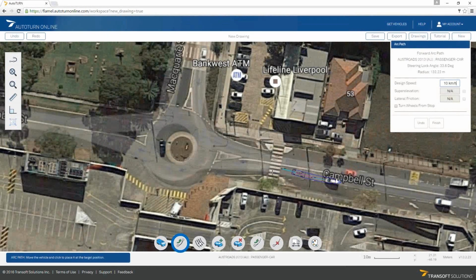We can control the speed. If you have your entry speed, your circulatory speed, and your exit speed, you can enter those there, and it's going to constrain the turning of the vehicle depending on how fast you're going. So if our entry speed is, let's say, 25 kilometers an hour, you can place that section there. You can see the arc is quite large. But then if we slow down to something like 10 kilometers an hour,